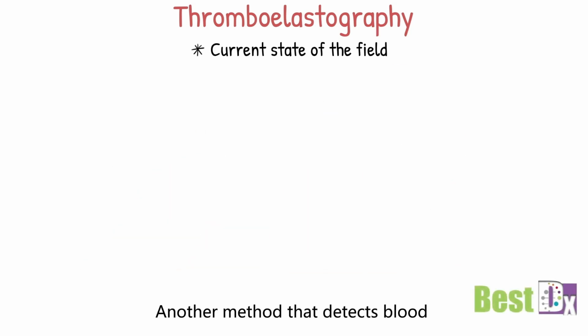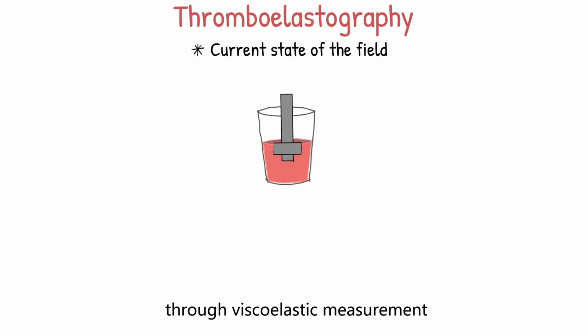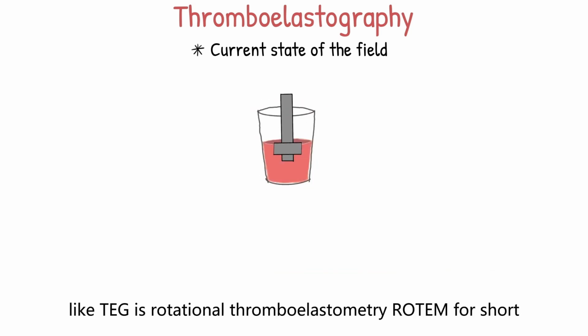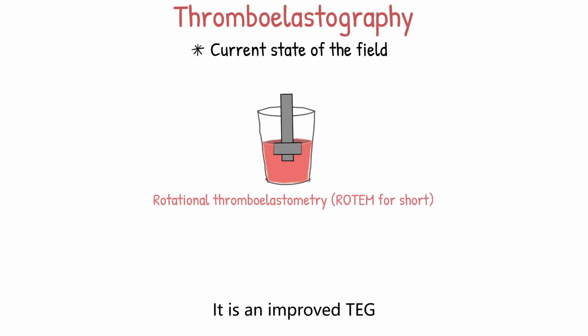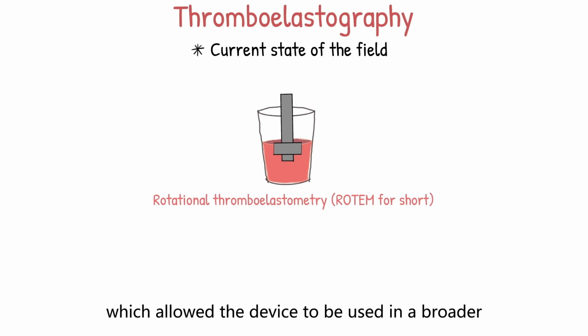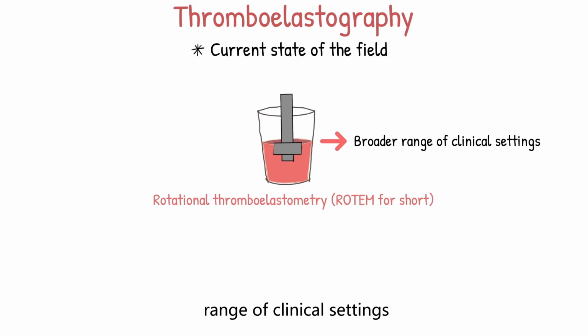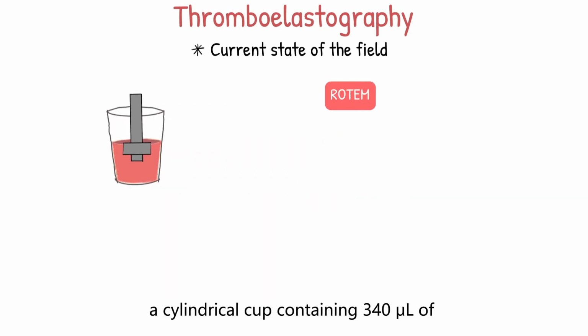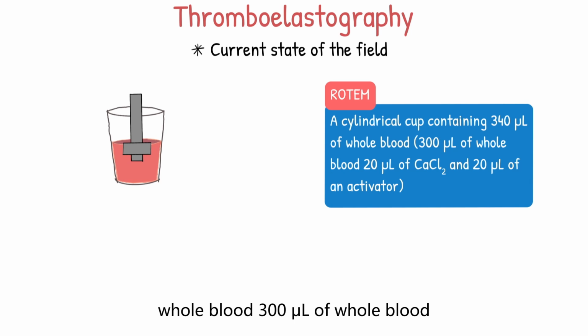Another method that detects blood coagulation through viscoelastic measurement, like TEG, is rotational thromboelastometry, or ROTEM for short. It is an improved TEG. The test is made simpler by the automation of the analytical processes. The sensitivity to agitation is also minimized, which allows the device to be used in a broader range of clinical settings. In the ROTEM system, a cylindrical cup containing 300 microliters of whole blood, 20